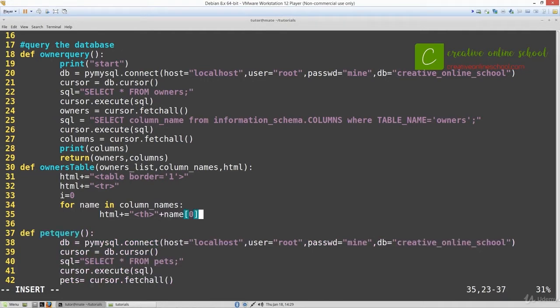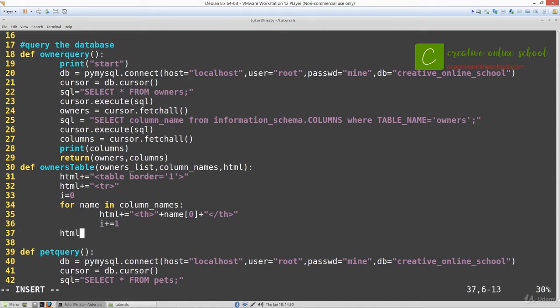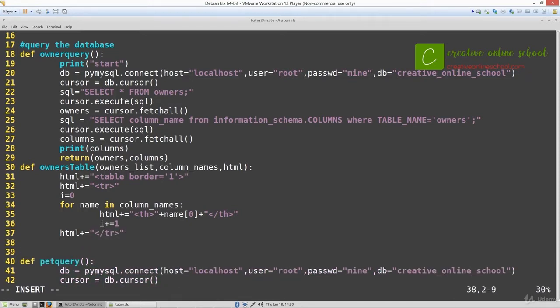The reason that we have to index into our name is because the information that we get returned from a SQL query is actually in a list of lists. So we have to index into the second list. And then don't forget to increment our I. And then we close this row so that we can start with our actual information that we want on the table. So we're going to input this information, owners list,